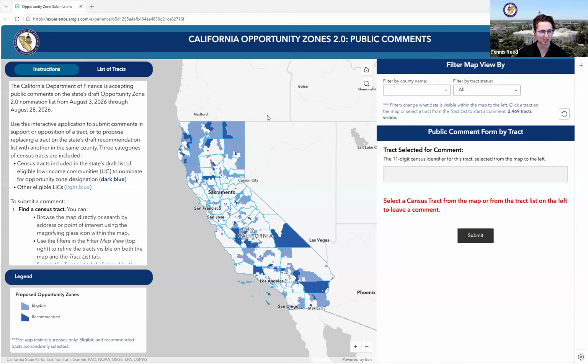So right off the bat, I want to mention that the tracts that we're visualizing here represent a random selection and do not reflect the finalized list of both eligible and recommended tracts that you will be given access to next week. So when you first access this application, you're going to be presented with an interface about like this